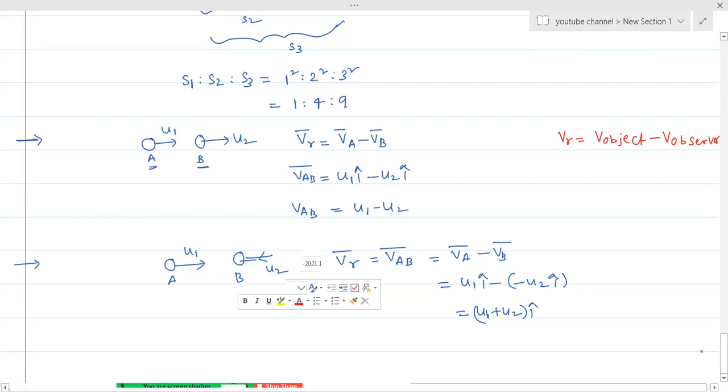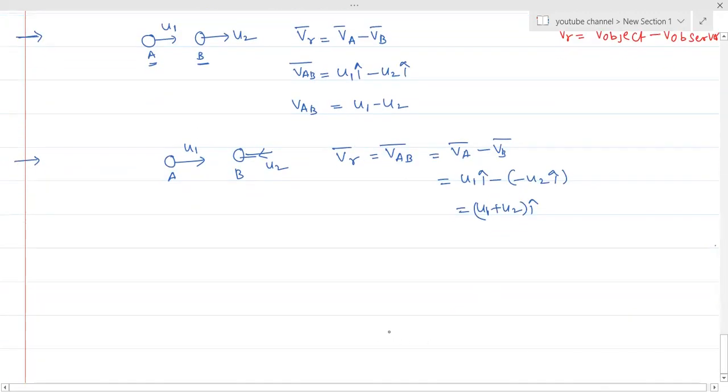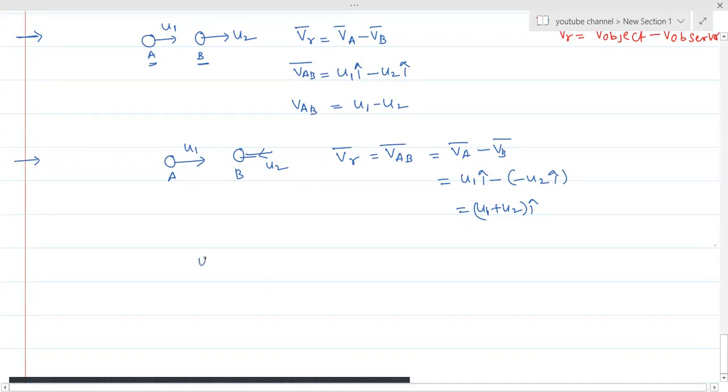Here the discussion is, we will also consider the relative velocity in understanding some train and railway platform examples, or when a bike rider chases a car, or when a thief is chased by policemen, like in those models. So generally we will take the relative velocity. By taking the relative velocities, we need to understand that we can also apply the equations of motion for the relative velocity. For example, if u1 and u2 are constant velocities or constant speeds.